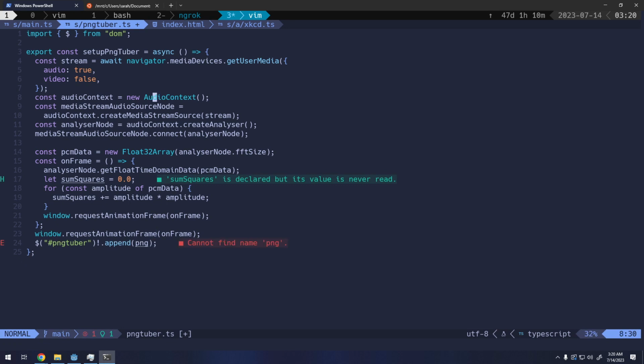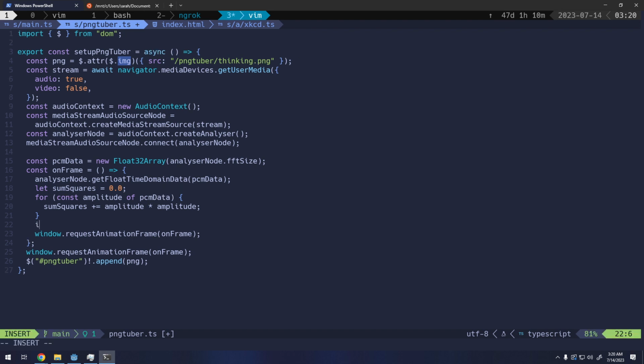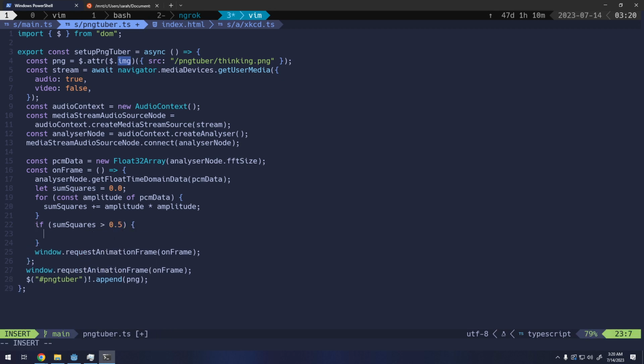Actually, we should do this higher up so that we have the ability to modify it inside this frame function. And we can say if sum squares greater than 0.5,